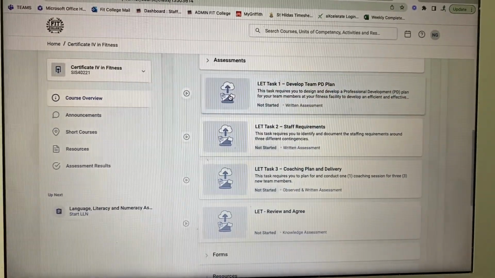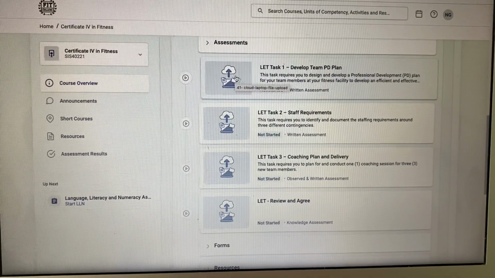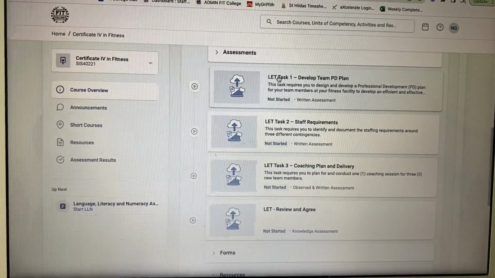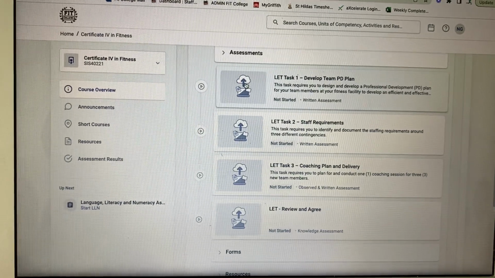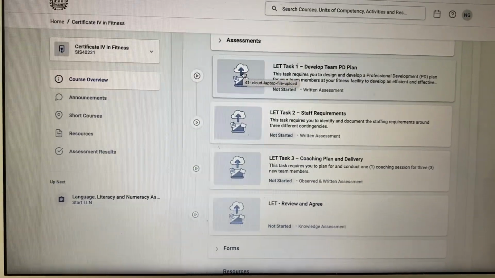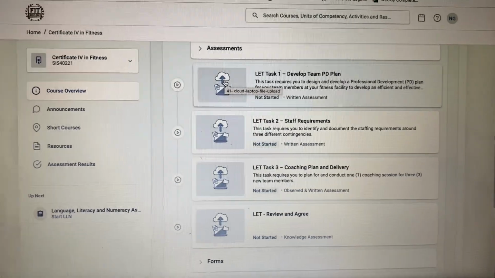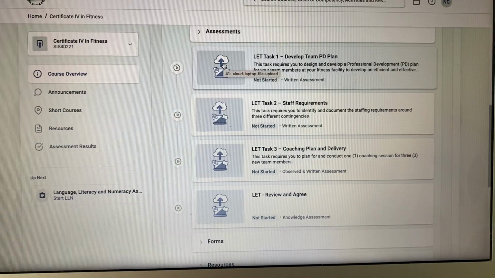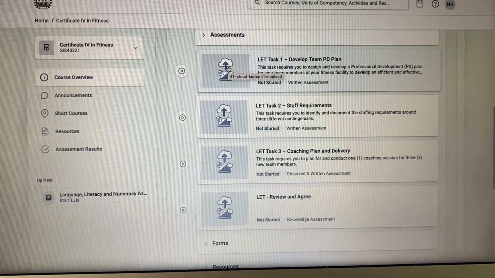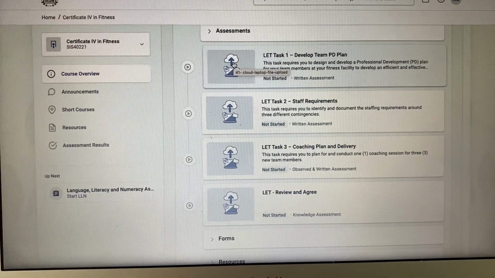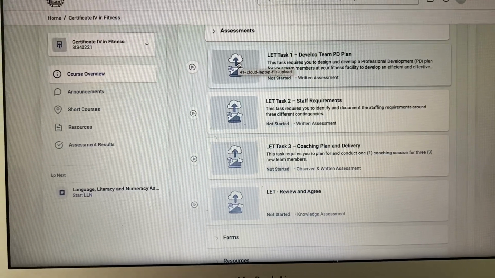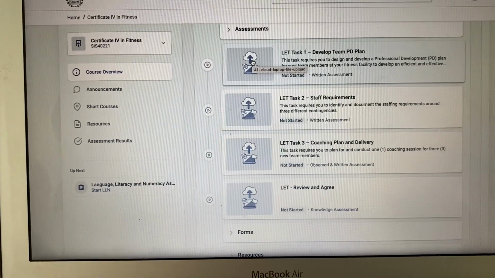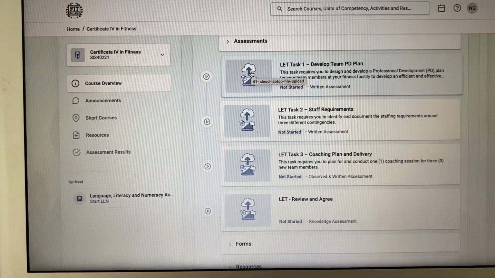Okay, so if I want to upload a task, I'm going to simply click on one of these icons. What you will notice is that they are individual tasks, so it's not a submit everything into one task. Even if your forms have tasks 1, 2, 3, 4, 5, however many, that's fine if you have them all saved onto one document rather than split apart as only task 1 forms only. Okay, I'm completely fine with that, because what I'll do when I'm marking is it will tell me